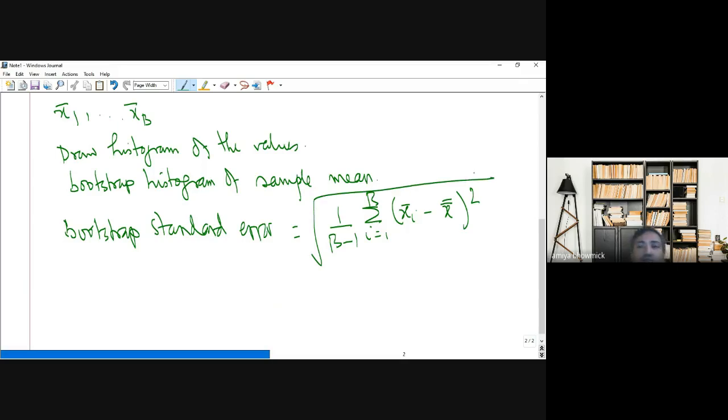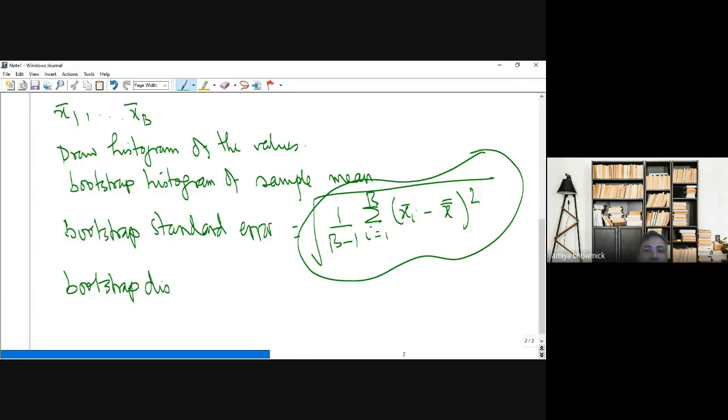When you have a small sample size and you do not have any assumption about the population, this bootstrap standard error is essentially what is reported. There are also results which say that this bootstrap distribution behaves like a normal distribution, which is not always true, but holds under certain assumptions.